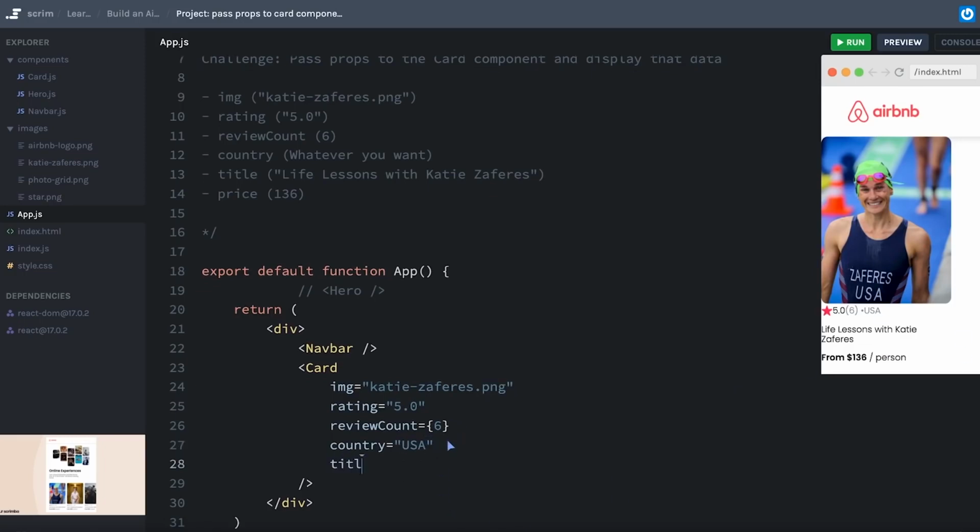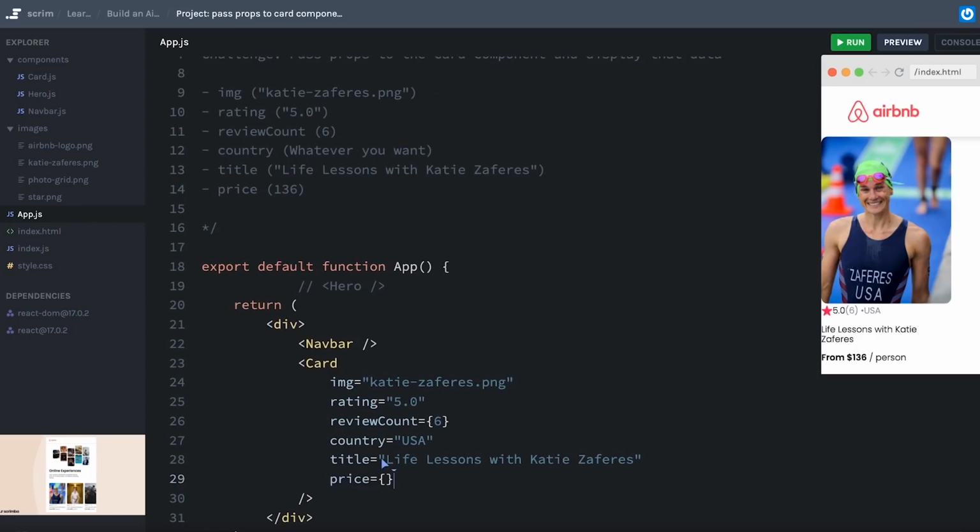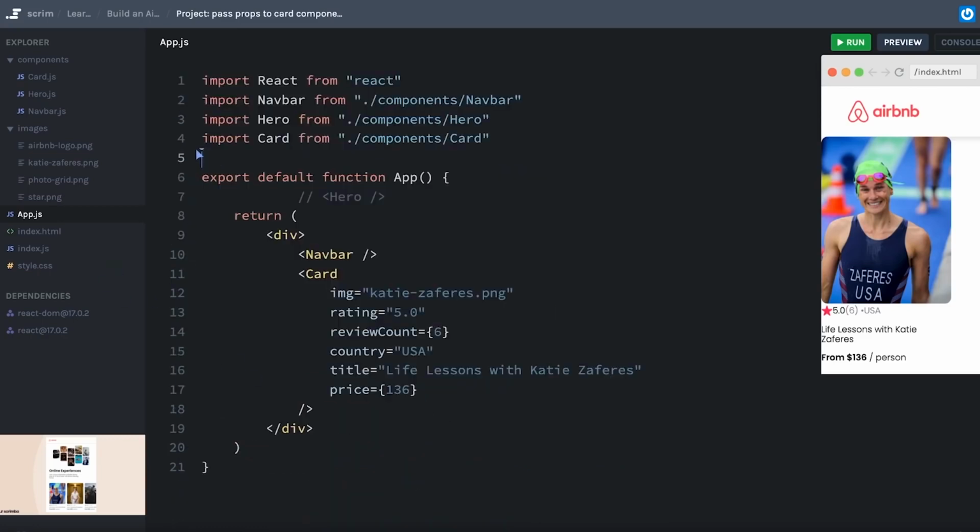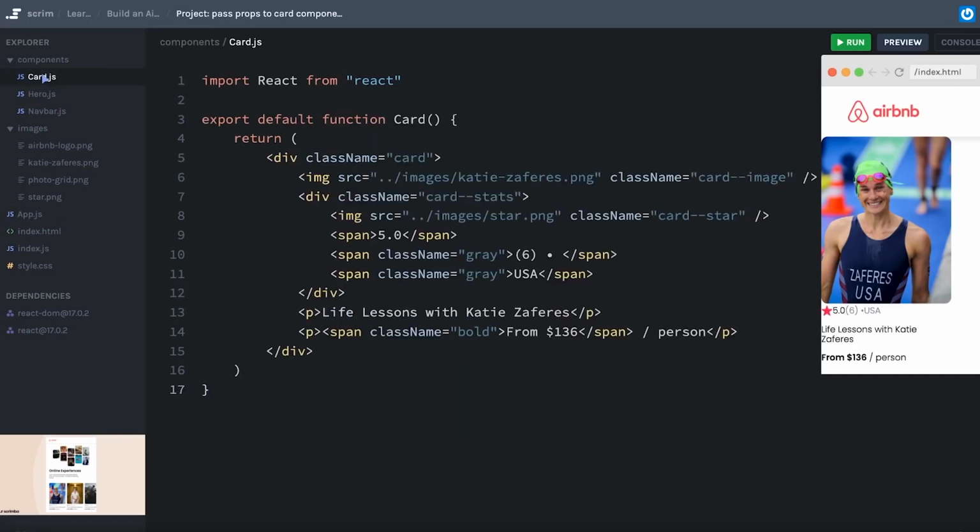For the title, we'll once again copy this. And the price I'm going to send in as a number. We'll say 136. In this case, I don't think it makes a huge difference because I'm not going to be doing any math on this number probably, but what the heck, just for good practice. Okay, I can clean up this challenge, but I do need to now go to my card component,